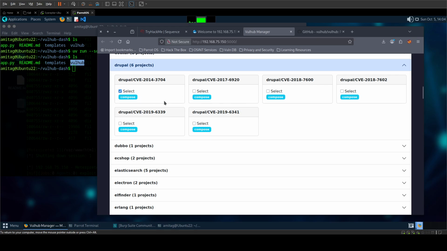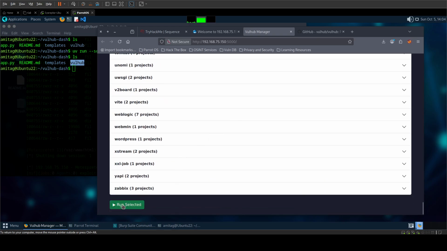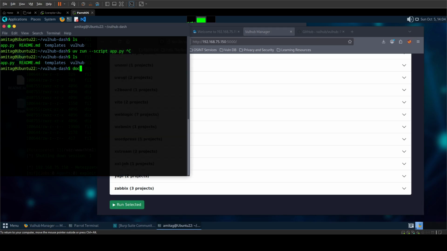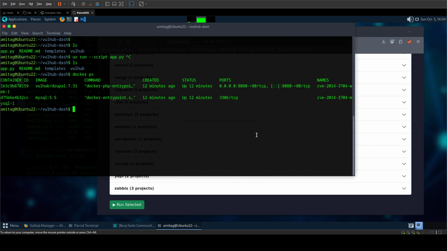Then you just have to select it and come down to the bottom and click on run selected. Once you run selected, you can come to your host and see docker ps, and you will see that this docker compose had two dockers which are running now. So one is web, one is mysql one. Now once that is done,